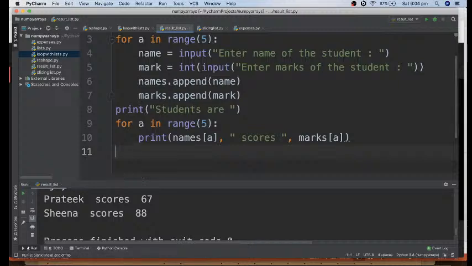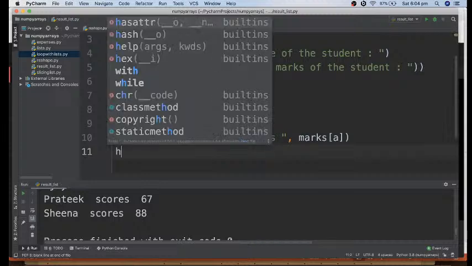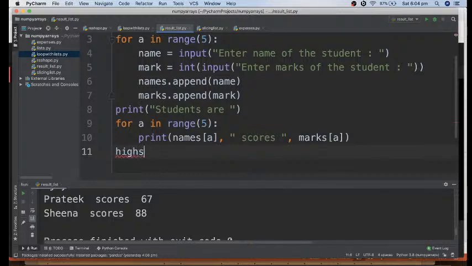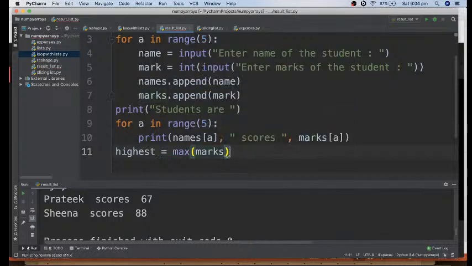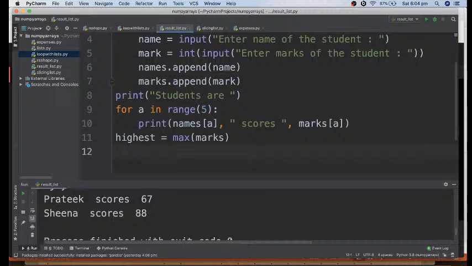We should get the highest marks first. So which function is used to get the highest marks? Max. So we use max to get the highest marks. So we are going to write here highest is equal to max of marks. So we have got maximum marks, and assuming that all students have different marks, I can find out the